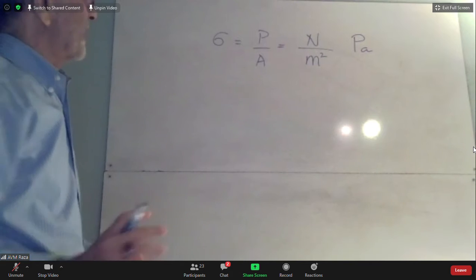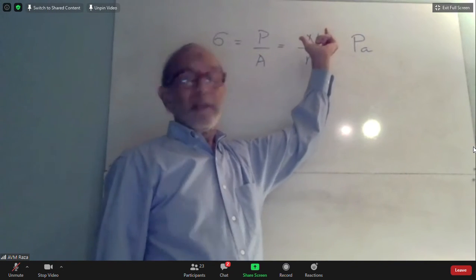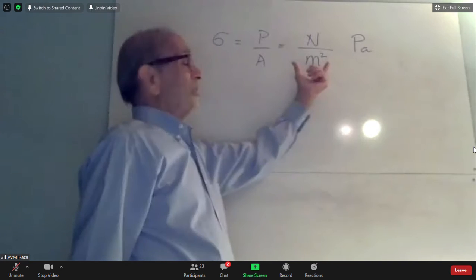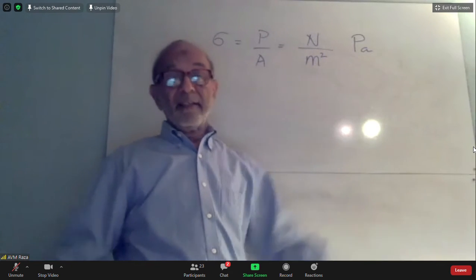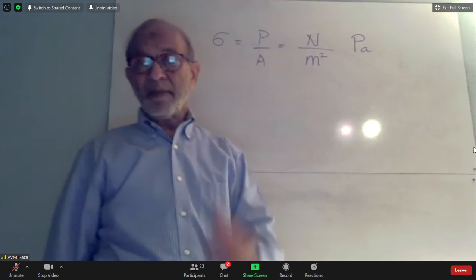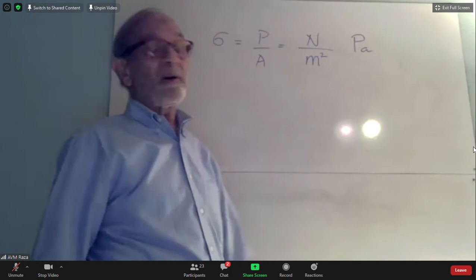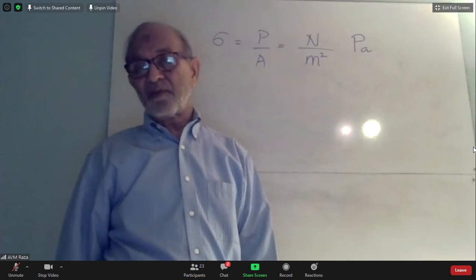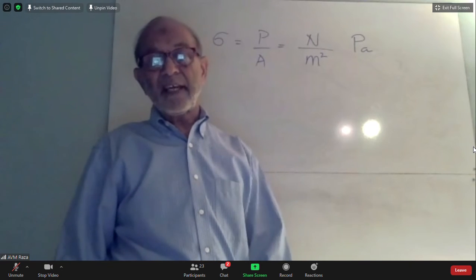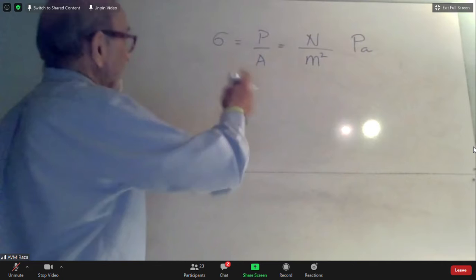But as you can see, newton is by itself a very small unit of force, and meter is a large unit of area. Meter is pretty big. So newton per meter squared becomes a very small unit of stress. Pascal is a small unit. So usually you will never be talking about pascals. It will be, for example, kilopascals,